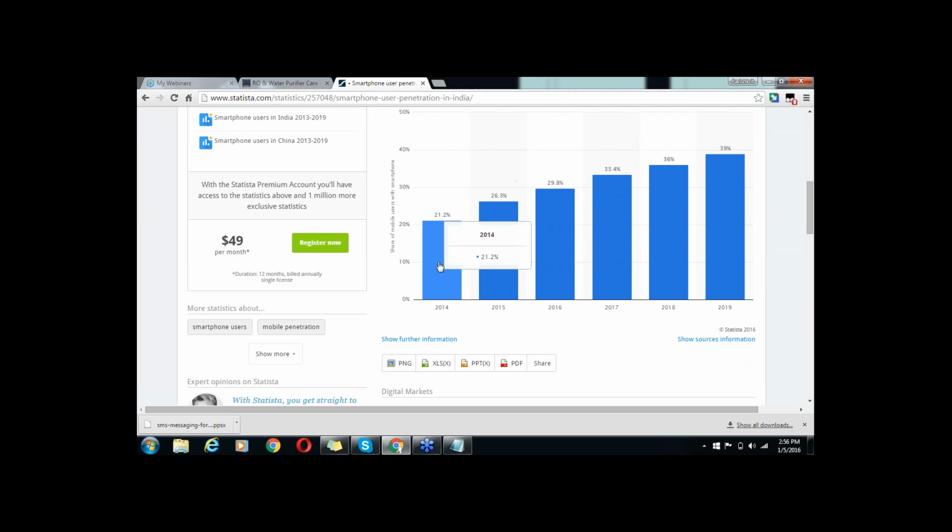Only 21% of people had a smartphone in 2014, and in 2015 it's 26%. This is expected to grow to 39%, right?